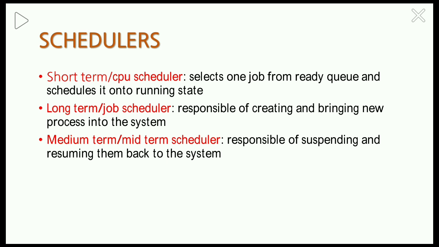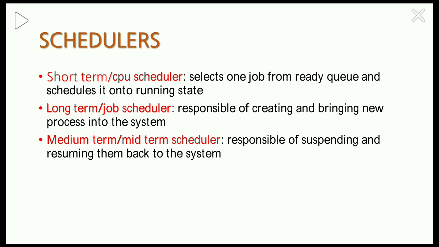So the CPU scheduling algorithm determines how the CPU will be allocated to the process. And CPU scheduling algorithms are of two types: preemptive algorithms and non-preemptive algorithms. In the case of the non-preemptive scheduling algorithm, once the CPU is assigned to a process, the processor does not release that particular process until the execution completes. Whereas in the case of the preemptive scheduling algorithm, the CPU can release the process even in the middle of the execution. So there will be continuous context switching between the different processes by the CPU.